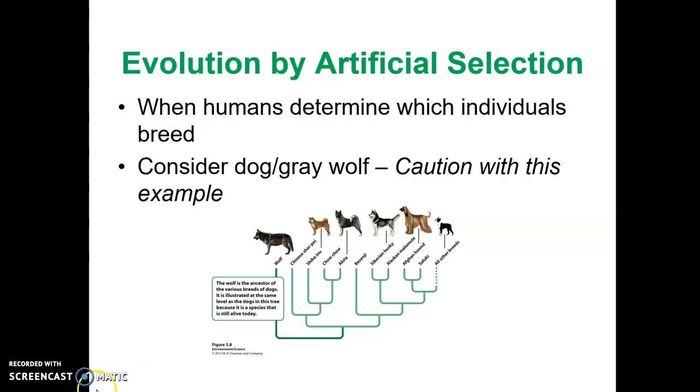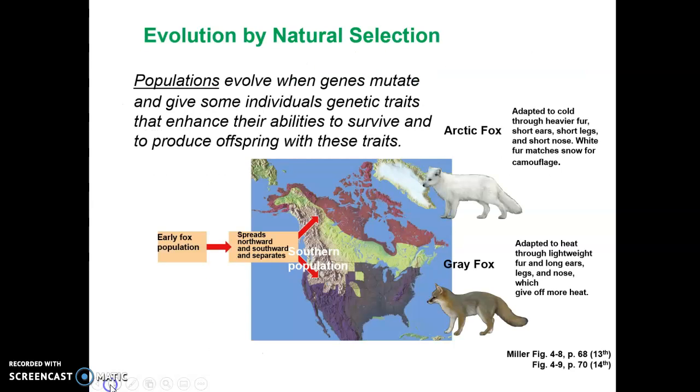Okay, enough with artificial selection. Now let's look at evolution by natural selection. I take this diagram from another textbook from Miller, and I like it because I think it really explains, on a shorter time scale, something that's been demonstrated to happen. So we have an early fox